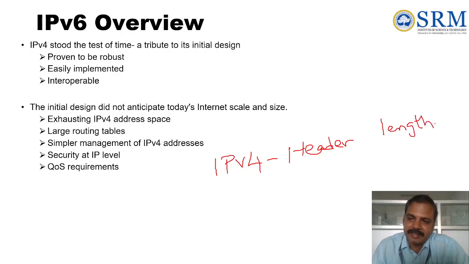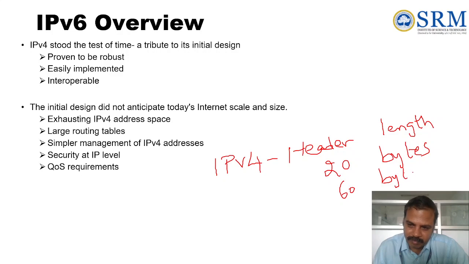Do you know the length of the IPv4 header? By default, the minimum header size is 20 bytes and the maximum header size is 60 bytes. Within this, the number will vary. It may be 20 or at most 60; it can be 21, 22, 49,